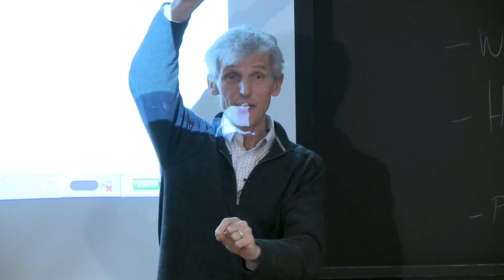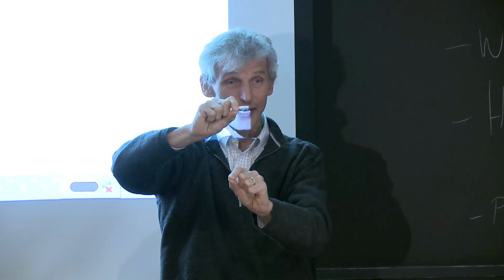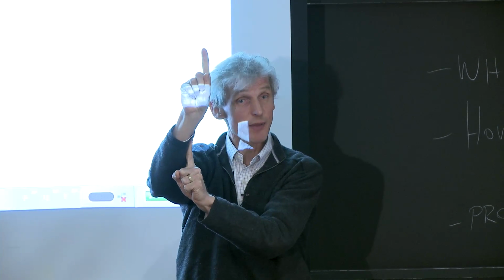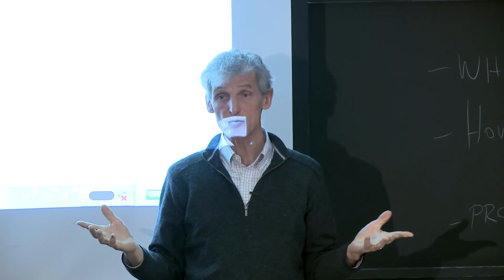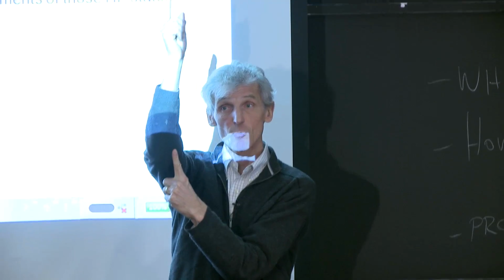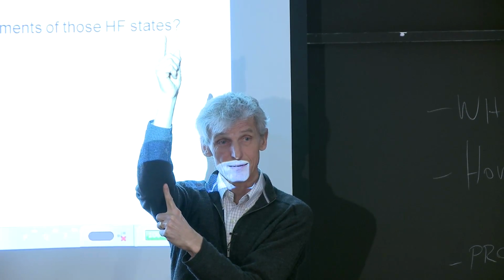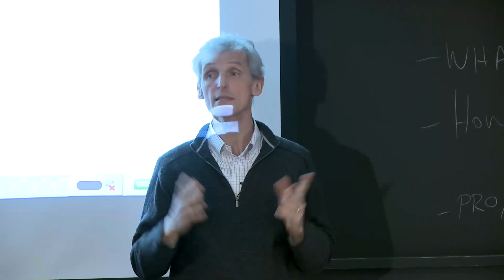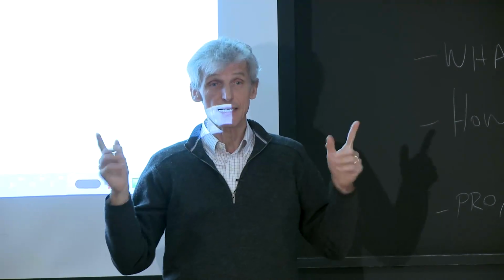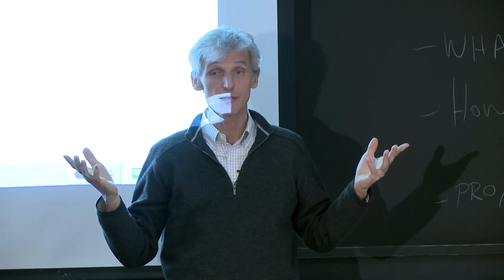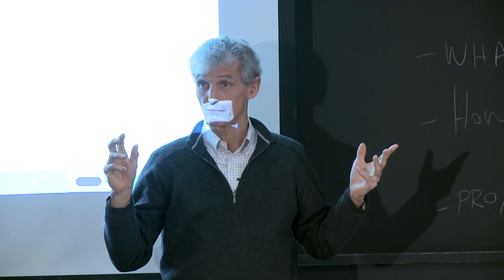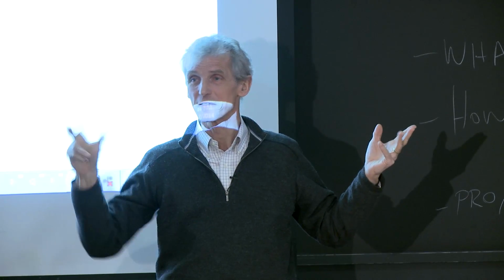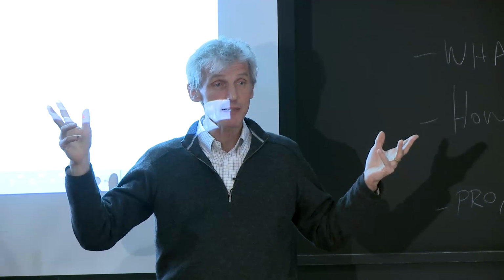In order to get F equals 1 out of 1/2 and 1/2, you have to align the spin of the electron with the positron. So the F equals 1 state is the state where the two spins are aligned. What is the magnetic moment of this state? 0. How many states are in the F equals 1 manifold? What's the multiplicity of F equals 1? 3. Plus minus 1 and 0.